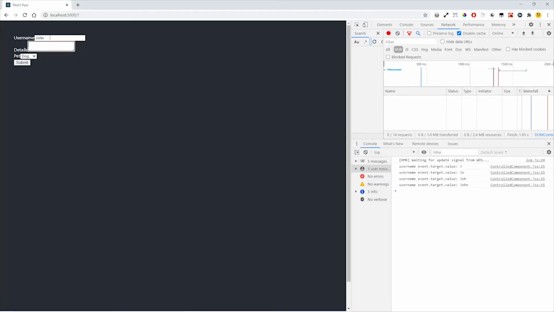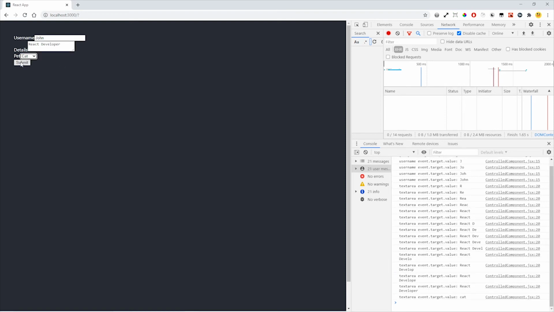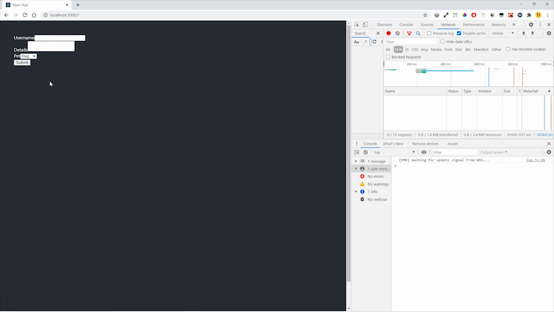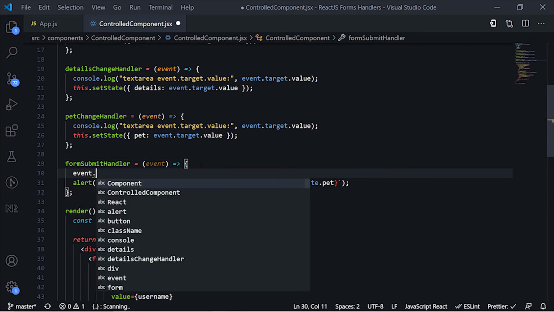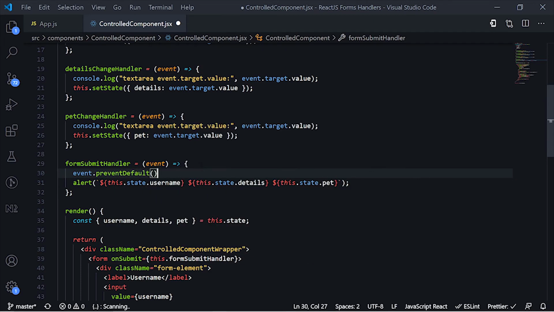Okay, now we type here John, React developer, we select cat, and now if we press submit, we will see the actual values that we selected and we changed here. But we will see that we will lose the data because it's the default behavior, right? So it refreshes the page. So in order to avoid this, we will need to use the event prevent default on that event object, right? So we use event prevent default,